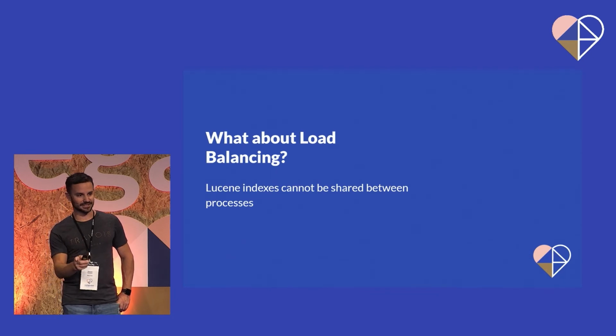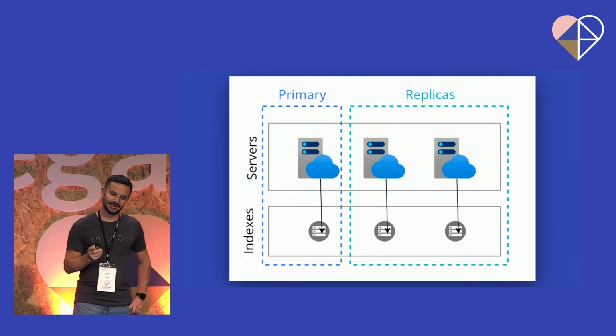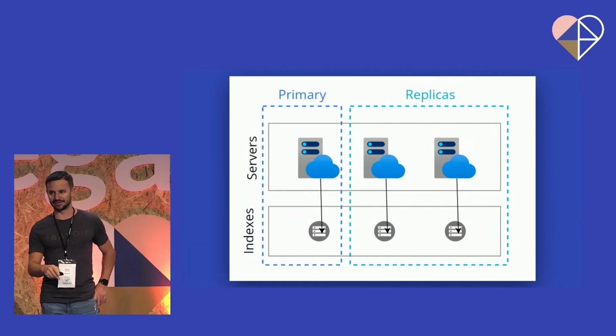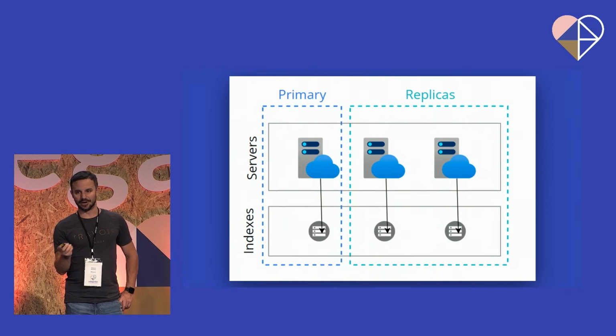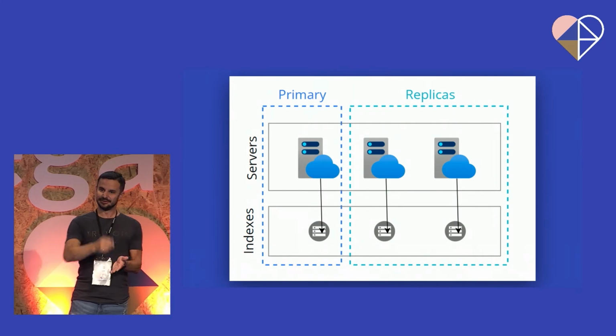So only one process can have one index. So this is kind of how the setup works with load balancing in Azure. We've got our primary server and our replica. And I think the terminology's changed recently, but we'll stick with this for now. Your primary one is the one where your content editors log into and they edit content. And there's a reason why this needs to happen, is because a Lucene index can only be shared with one